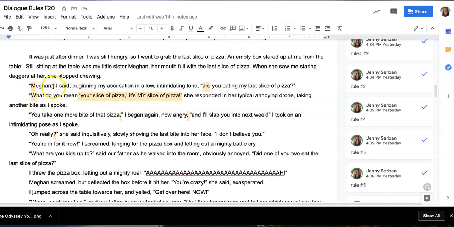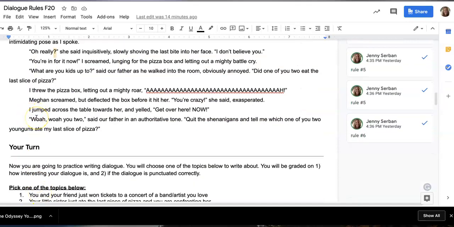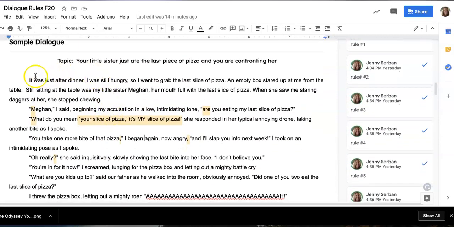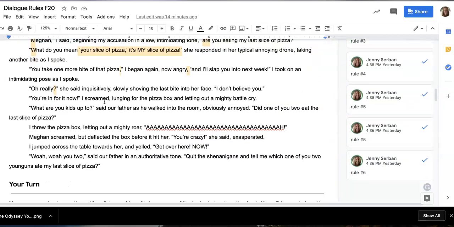So this is exchange 1, exchange 2, exchange 3, 4, 5, 6, 7, 8, 9, 10. Okay, so this one actually has 10 exchanges, plus at the beginning it has some background information here. But this is 10 basically back and forth exchanges between some people. So I would like you to shoot for 8 to 10 when you do this assignment. So let's look at the assignment.